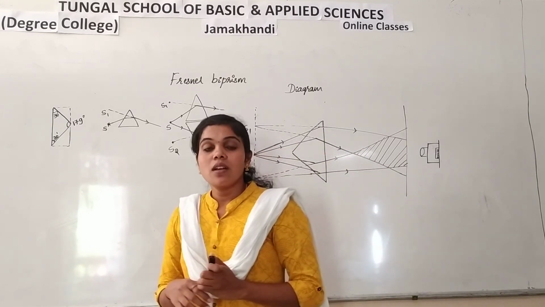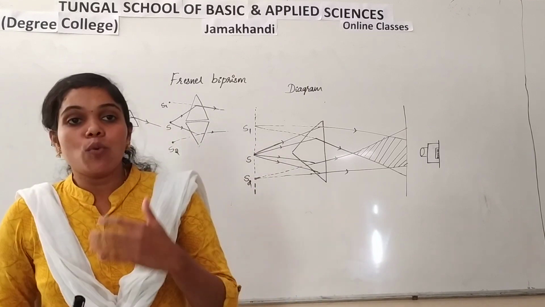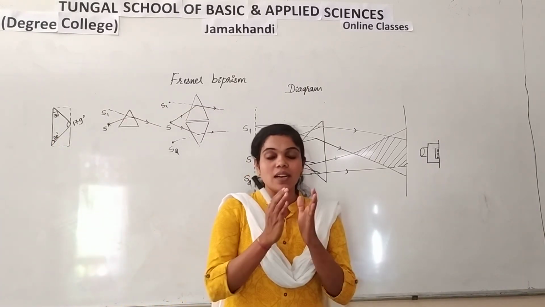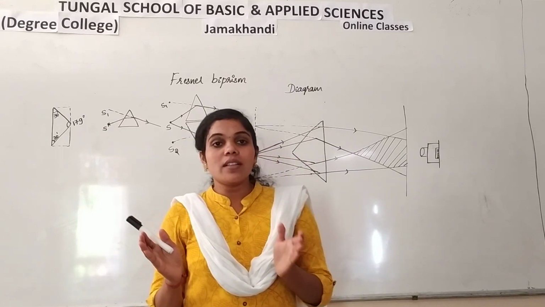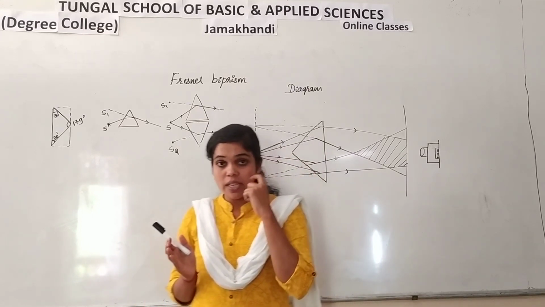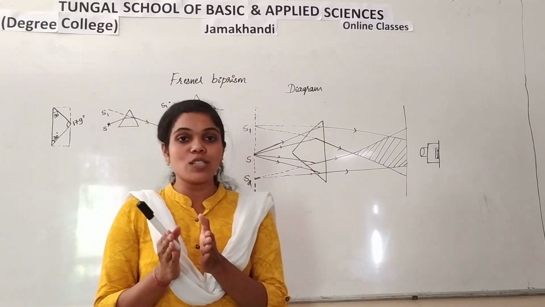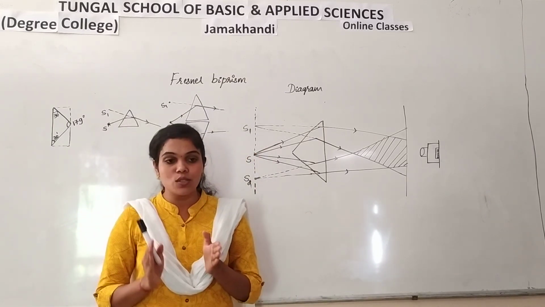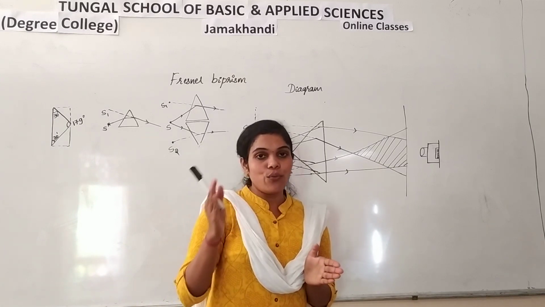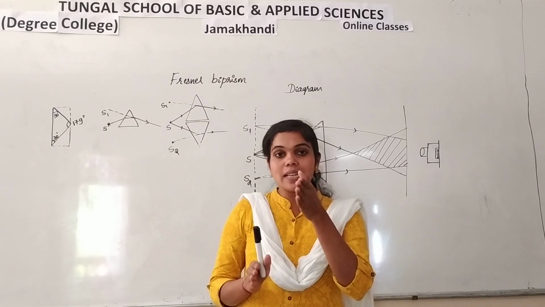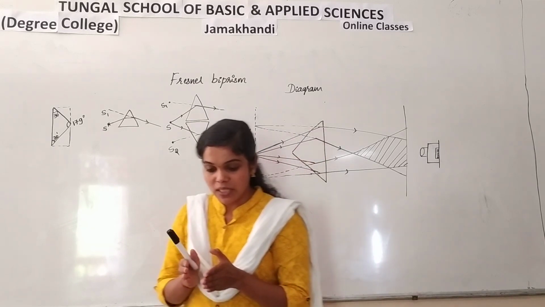First one, the light from the monochromatic source is allowed to fall on the slit. So we need a narrow beam. So the light coming from the source is allowed to fall on the slit. So now the slit acts as what? Source, monochromatic source. From that a narrow fine beam we are going to get. That is the first slit we have to place on the optical bench.